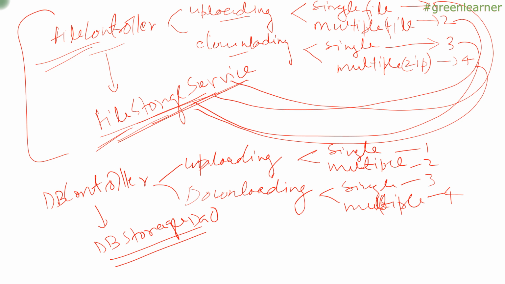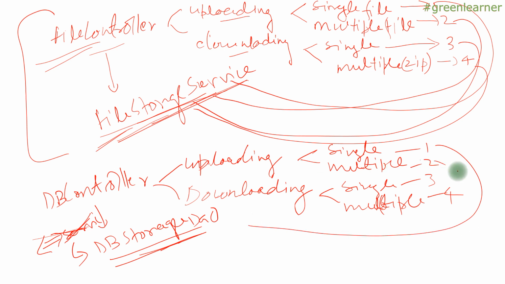In an actual scenario, we would have a service where you validate the data, and your service would contact the DB storage DAO. But here I'm skipping the service part and directly contacting the DB storage DAO, right? And all these endpoints will call this one. So in totality, at the end of the video, we will have 8 endpoints, which will take care of everything we want to achieve from this project, right?